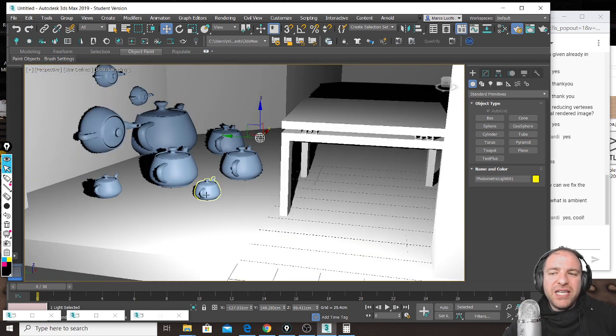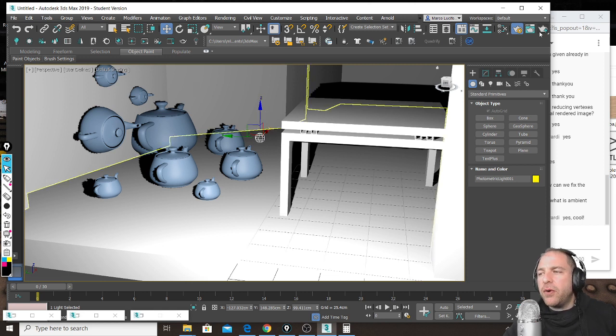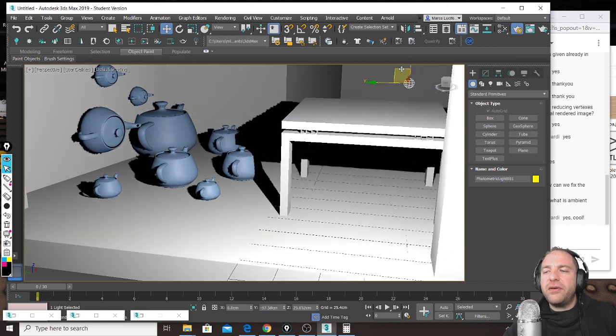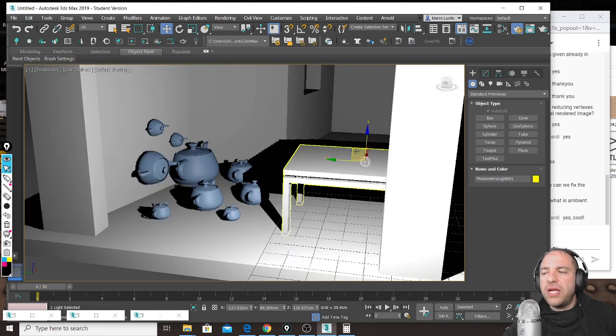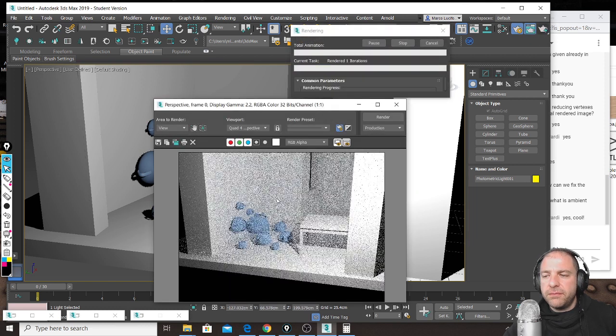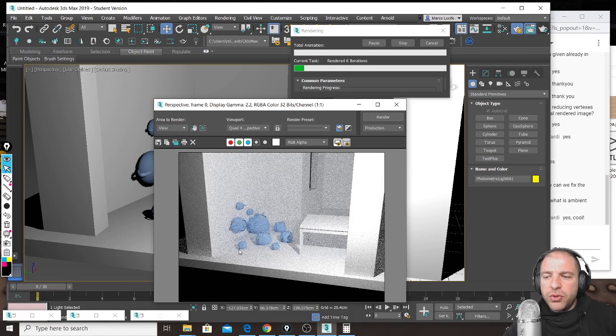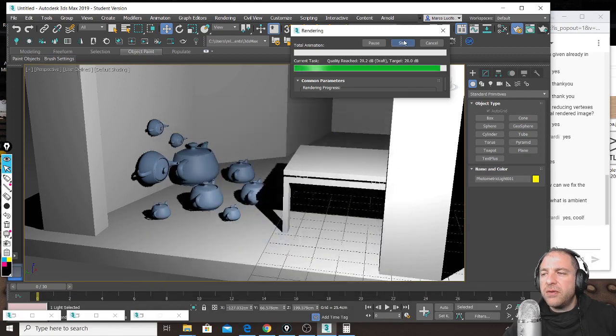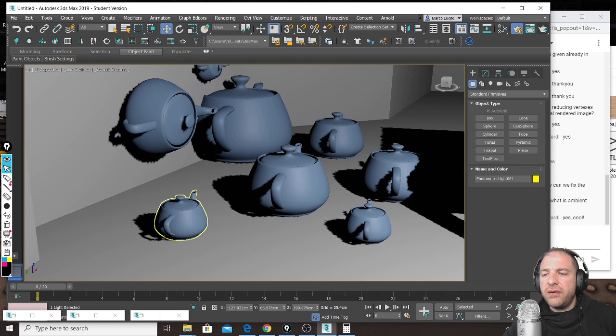But I mean, it is just a thing that you can enable or not in the viewport, because when I render, the ambient occlusion is correctly calculated, and it will show you, I mean, it's a little bit far,